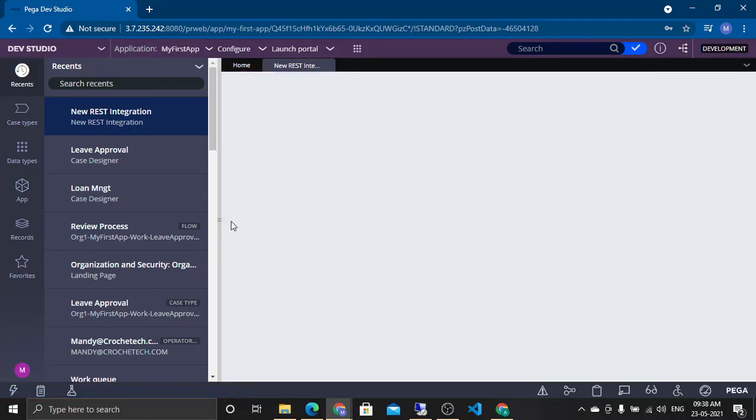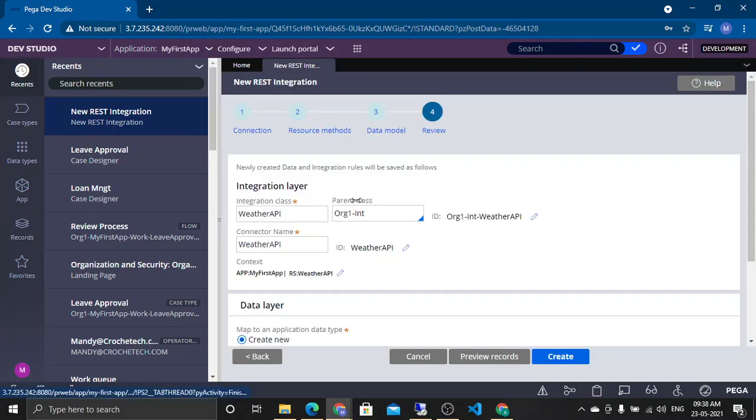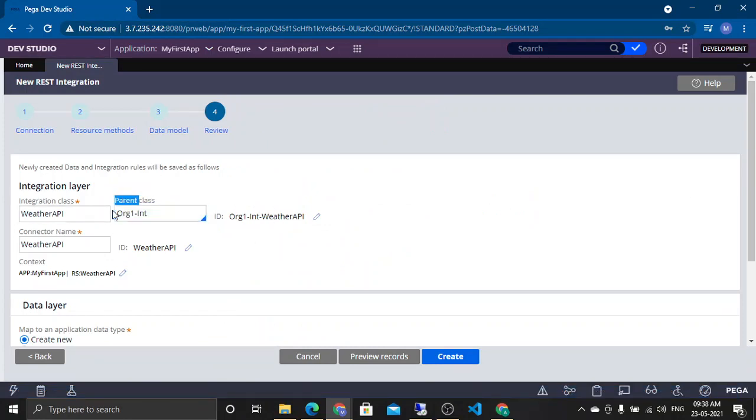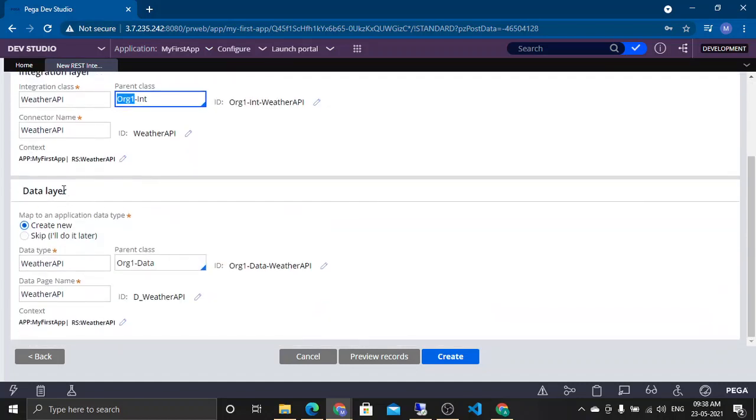So now it will basically tell you, as per Pega, this is the integration layer Pega is suggesting. He's saying directly put this service on the organization layer, so that everyone who is on the node or has this org1 access can use the API directly. And for the data layer I want to create, he's suggesting just create a new data layer for this API,